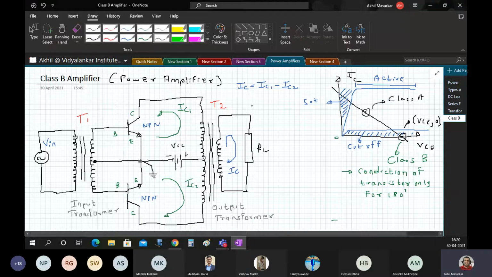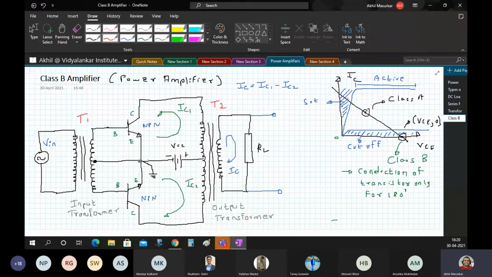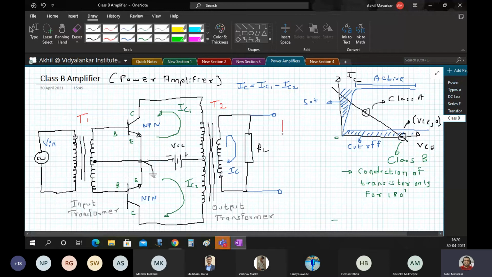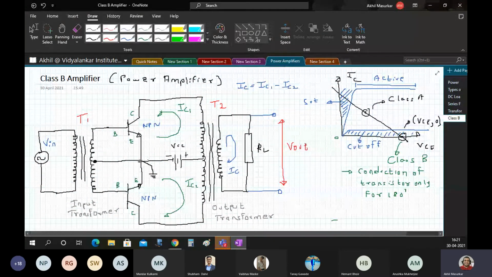So how are we measuring the signal? We are giving the input here, and across the load we will be measuring our V out. So here we will be measuring V out. This arrangement like this,